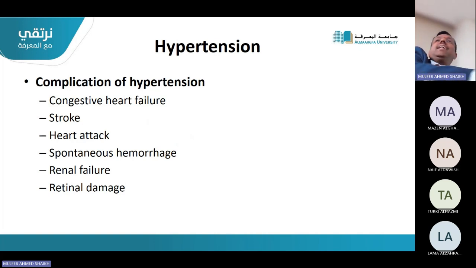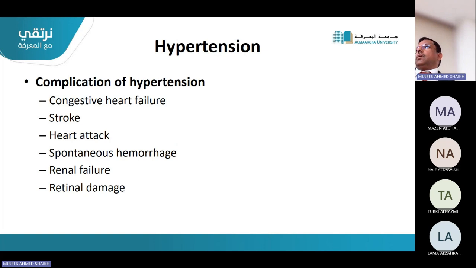And if you don't treat the hypertension, what will happen? If you keep the pressure high in the vascular system, it may lead to complications. Long-standing untreated hypertension can lead to heart failure, stroke, damage to the brain, or heart attack. It can lead to hemorrhage because the more pressure kept in the capillaries, small arterioles may burst. Most common is stroke, in the brain, where some leakage of blood occurs, or